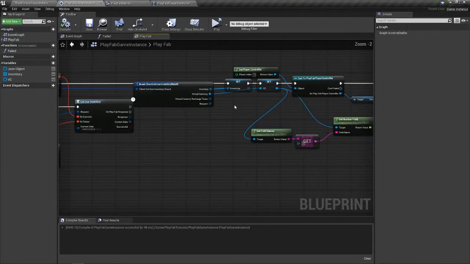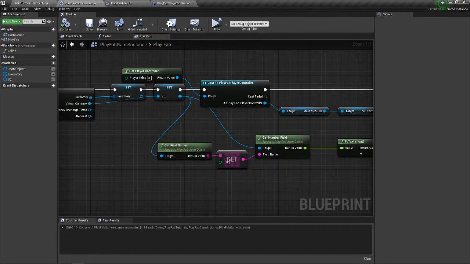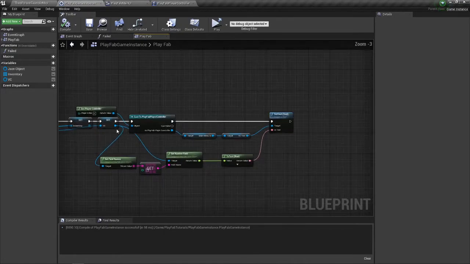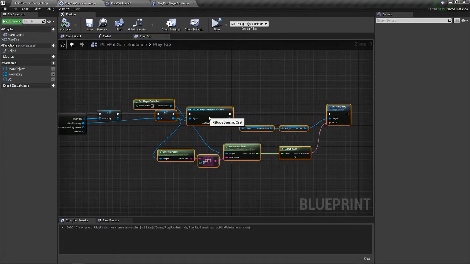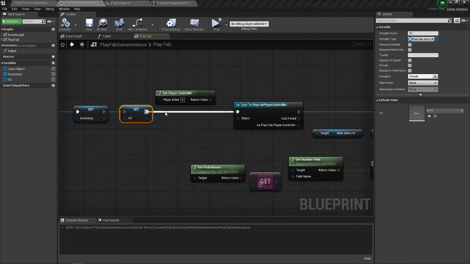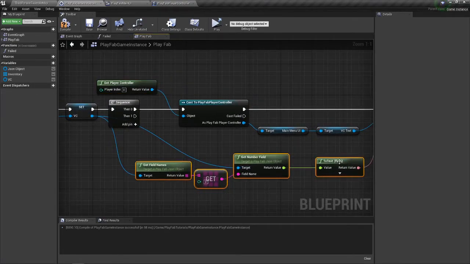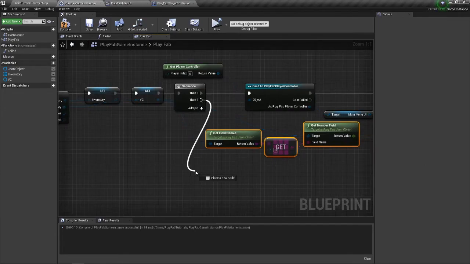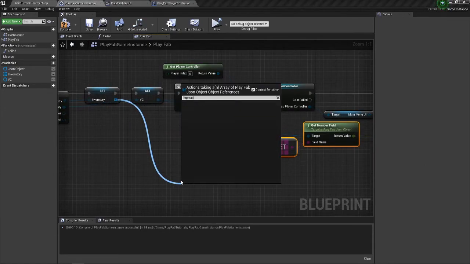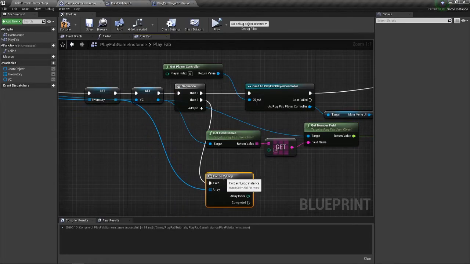For this, all I'm going to do is get it to print out the logs. I'm not going to hook anything up to the UI because obviously an inventory system is quite a bit of work, and I'm not going to do that just to show you the one inventory piece working. But the easiest way to just see that the player's actually got inventory is off of this, we're just going to simply make a sequence node here so that we can see. So just in case one fails, the other one will carry on, and then we'll leave all of this on the first. Then on the second, we're going to just do a for each loop